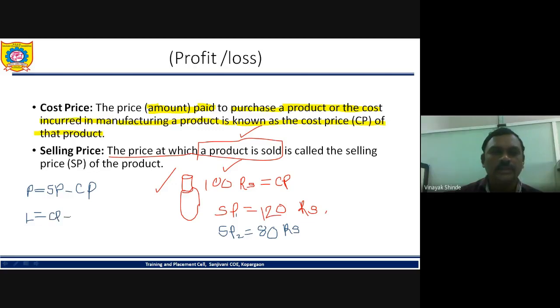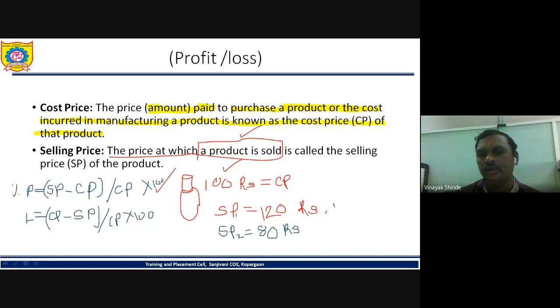Okay. So remember the formulas are different. And the percentage profit is equal to selling price minus cost price divided by cost price into 100. So in the numerator we always take the cost price, remember. Because in both the profit case and the loss case, the cost price remains the same. The cost price of the water bottle is 100 rupees only.